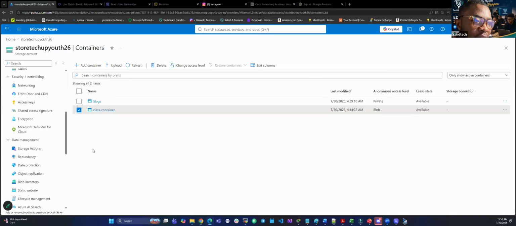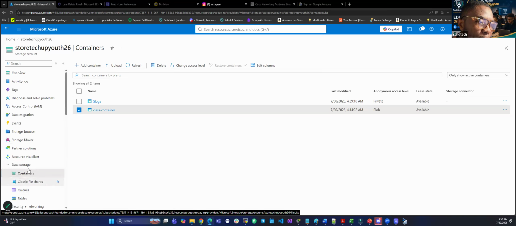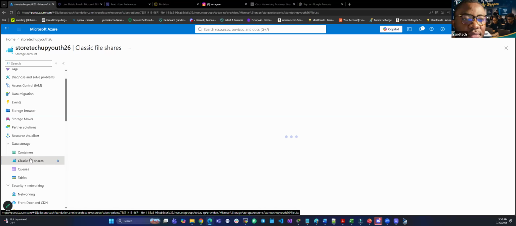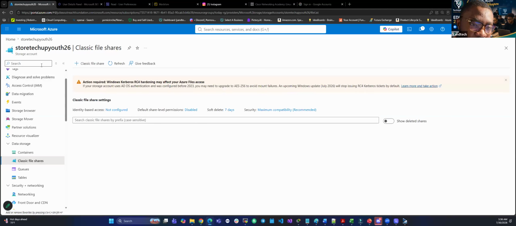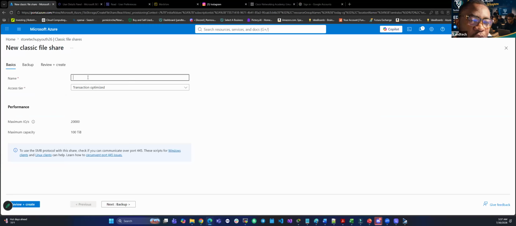All those stuff we have been talking about, how do we do it? It is very simple. It is very direct by making use of what is called a file share. I will create a file share. How do we create a file share? Next lab. For us to create a file share, you go to the storage account that you have created. You click on file share and you click on classic file share. Once you click on classic file share, they are going to ask you the name. So I'll put the name as TECHUPYOUTHS